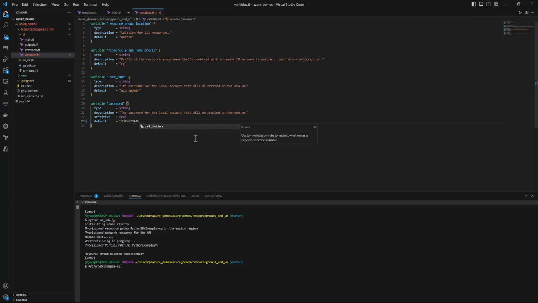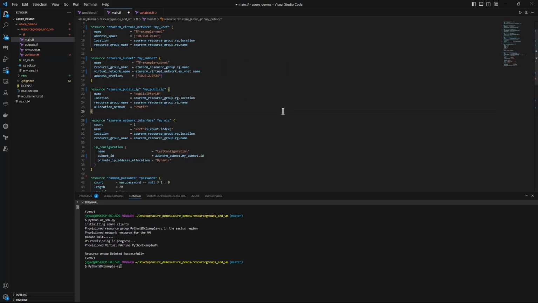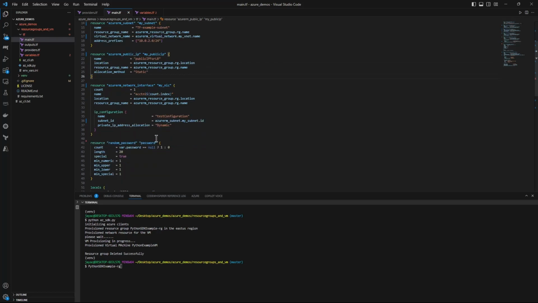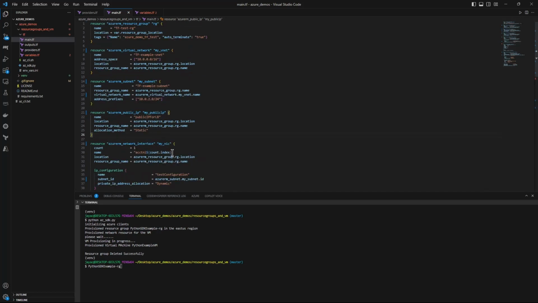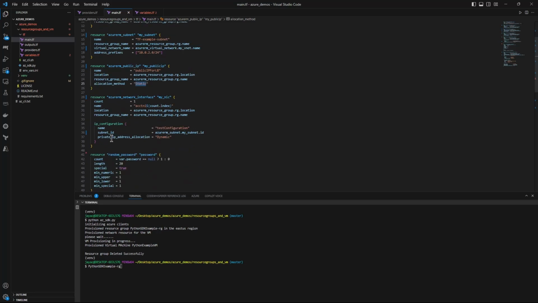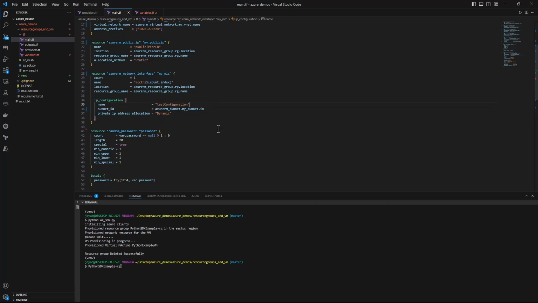Okay, this is a complex password, I believe, and this is how you define it. All the configuration you pass inside these resources is again similar to what we passed in the Azure SDK. Here we are passing the address space, the address prefix, the public IP allocation method, and whether you want the public IP to be dynamic or static, and the subnet IDs,